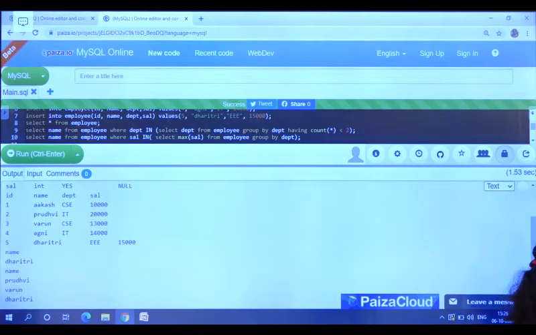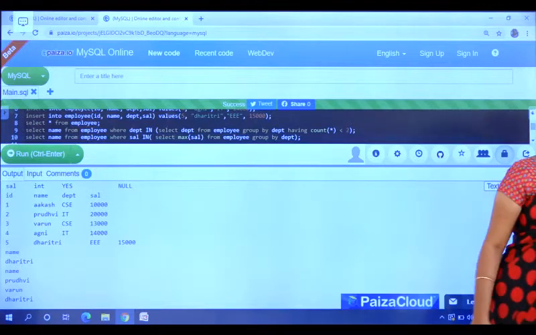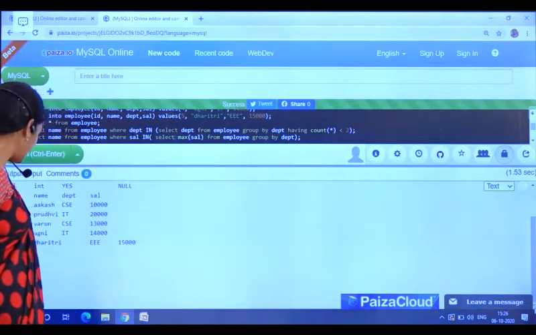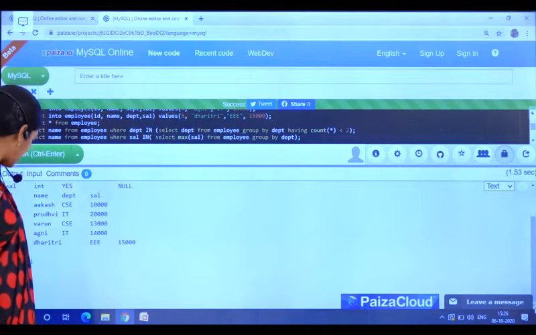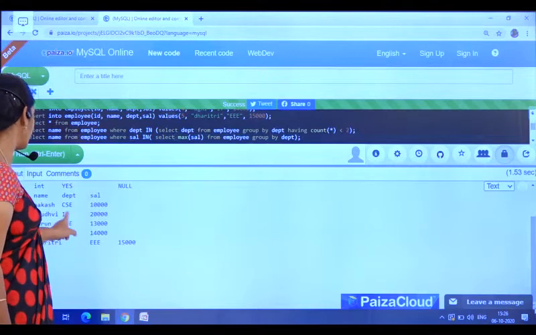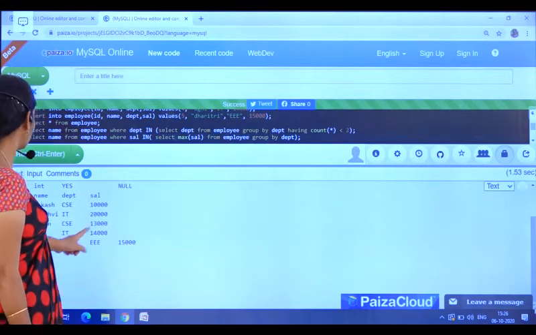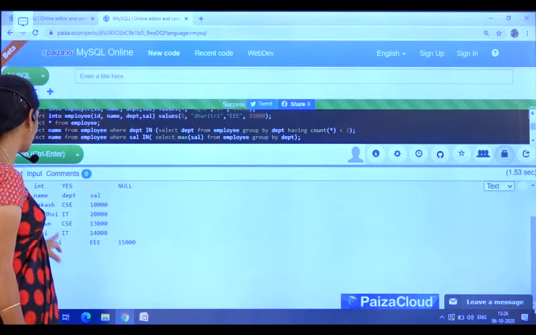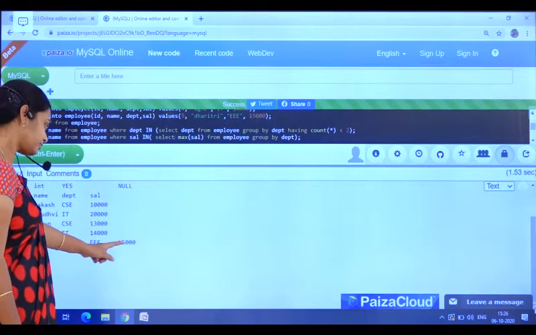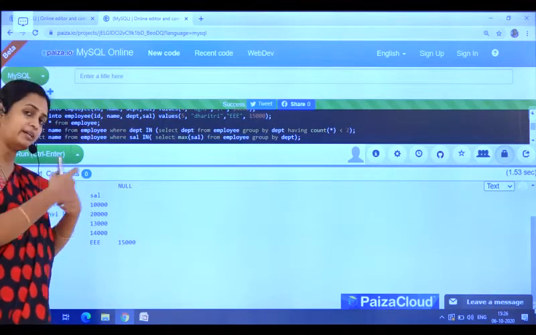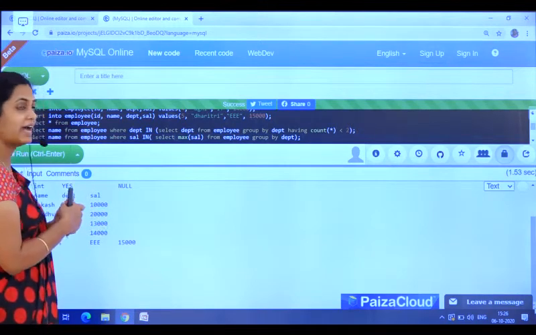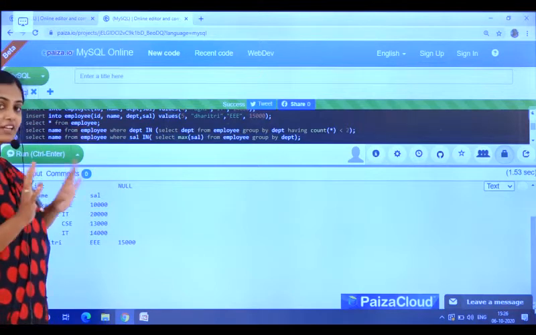We have got the output like Prithvi, Varun and Dharitri. So see here, the names Prithvi, Varun and Dharitri. In the department of IT, Prithvi is taking the highest salary, Varun is taking the highest salary from the CSE department, and obviously in the EEE department we have only one row, so we are only getting Dharitri. If you have multiple tuples in the EEE department, then also we will have the same thing.